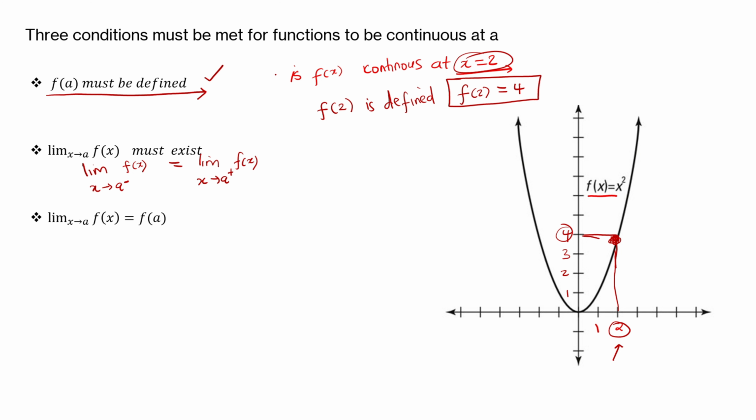Since we've met the first condition for our question here, what about the second condition? Does the limit as x approaches 2 exist in this case? Here, x is equal to 2. So if you approach 2 from the left and the right, do you get the same value? Let us approach 2 from the left. So it means we are approaching 2 from the values that are less than 2. On the graph, we are approaching 2, and you can see that as you approach 2 here, the y value that you are approaching is positive 4.